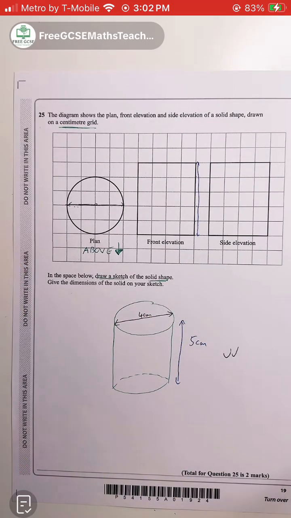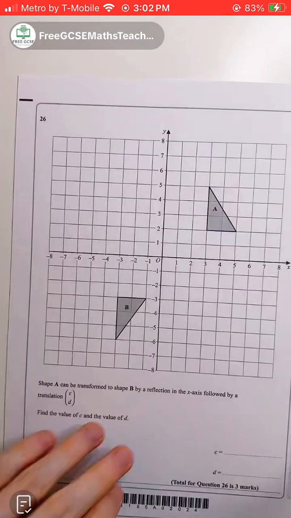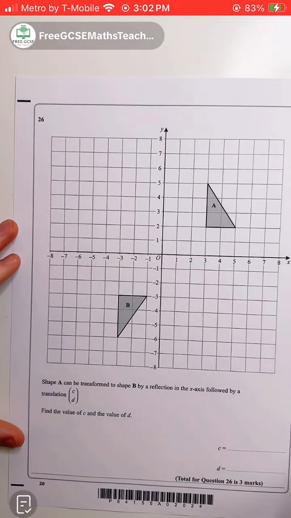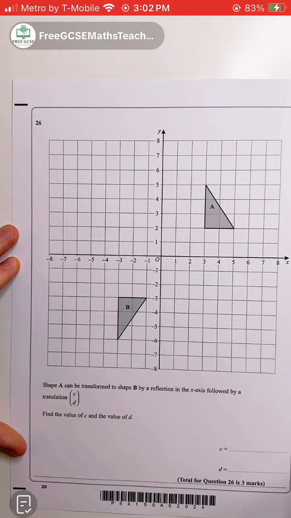Again, we always recommend if you're drawing something, use a pencil, just in case you need to cross out or rub out. So plan is from above. You're in a helicopter looking down on the shape, or if you're on a viewing tower with a glass floor, you're looking down. So question 26, let's speed it up. Question 26 is worth 3 marks. So 3 marks on transformations. So first,